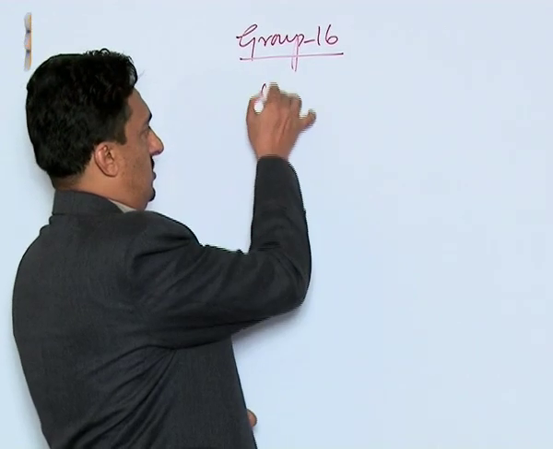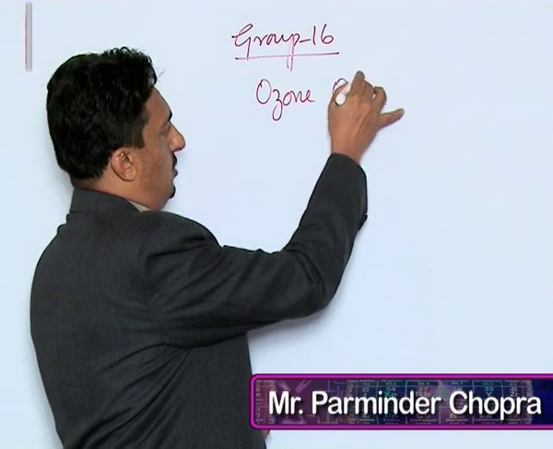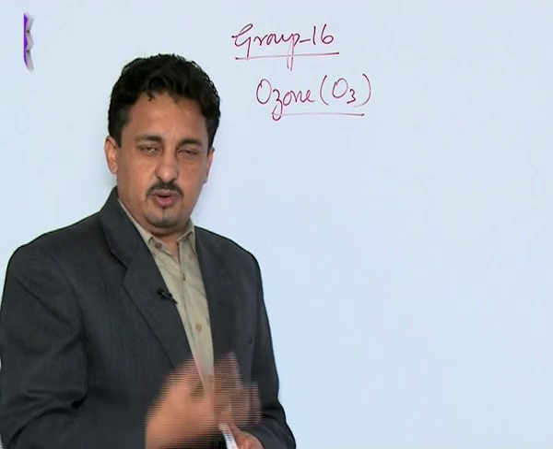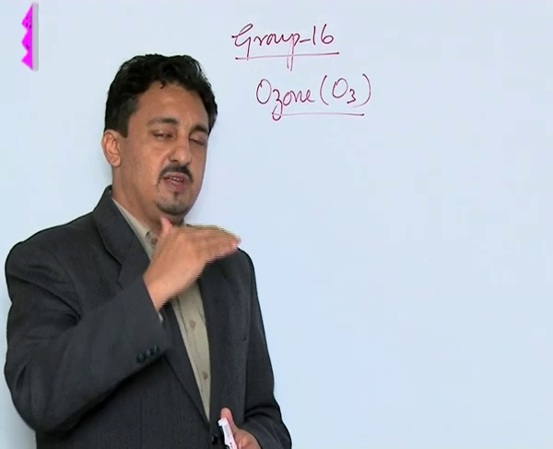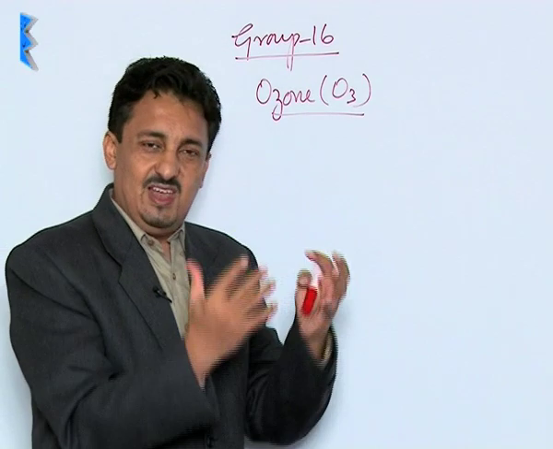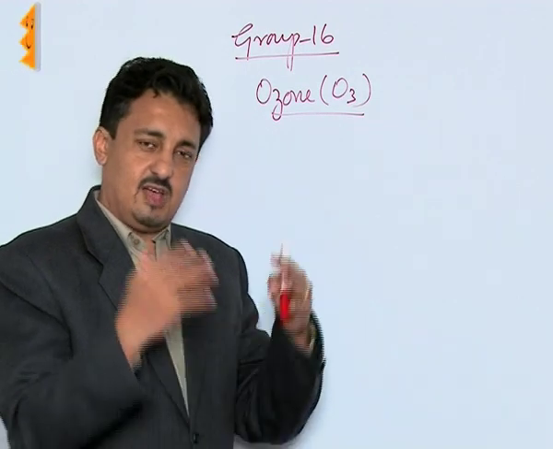Let us see the next compound, which is ozone, O3. We know ozone is an allotropic form of oxygen which exists above 20 kilometers from the Earth's surface. It forms a protective layer around the Earth, and it prevents ultraviolet radiation coming from the sun from entering